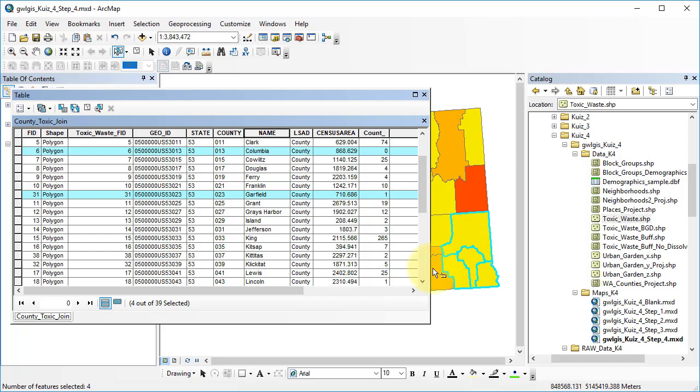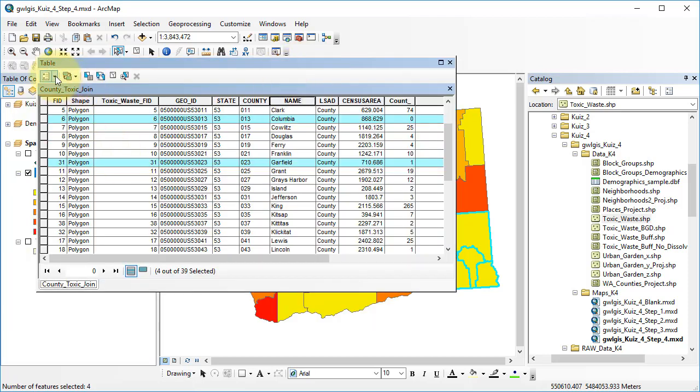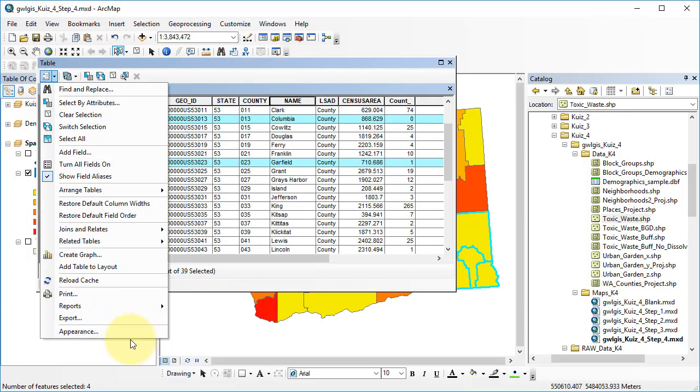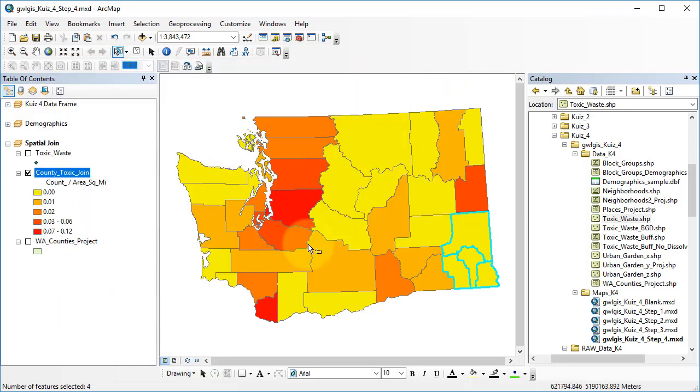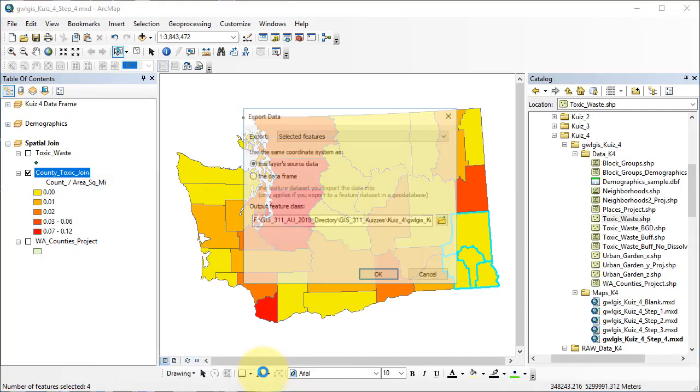I would like to create a new shapefile or feature class of just these 4 counties. If I were to export here, I would end up with a table. Notice how it says export this table to a new table. That's an important key right there. Let me move this up to make sure that's visible. If I choose export from a table, it will say exports the table to a new table. That's not what I want. I want a shapefile. I can close the attribute table, right click on county toxic join, and export the data. I'll choose data, export data,